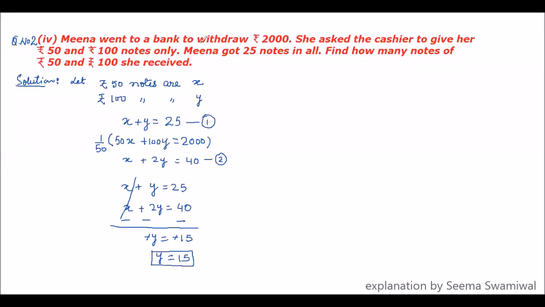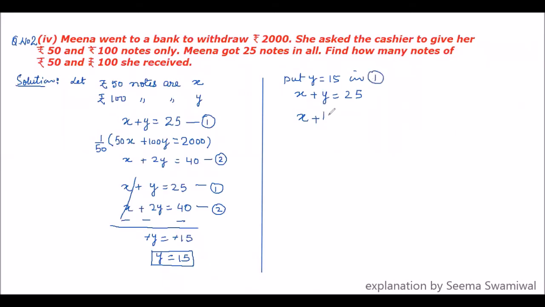And then children, let's find out the value of x. To find the value of x, you may put the value of y that you obtained in any of the equations you are comfortable with. These are the two equations. This was the first one and this was the second equation. I think this one is the simplified one, so I will put the value of y I obtained in the first equation. I'll put the value of y here. So x plus y, with y = 15, in the first equation.